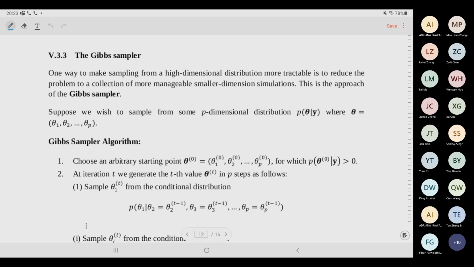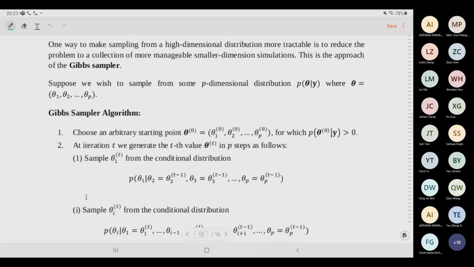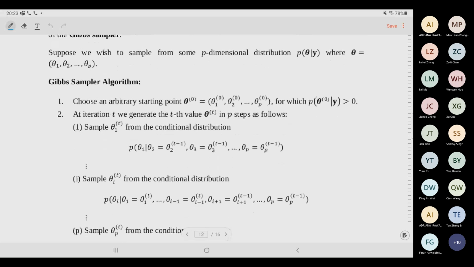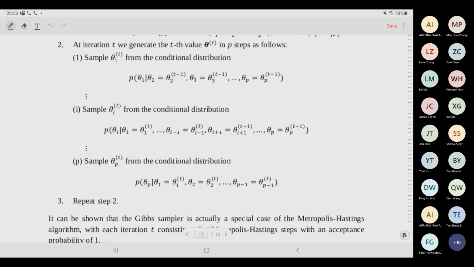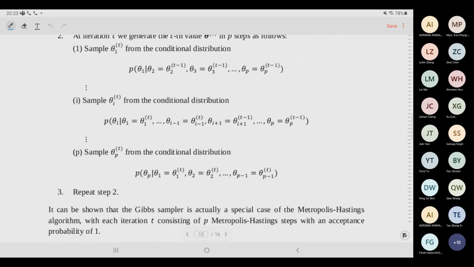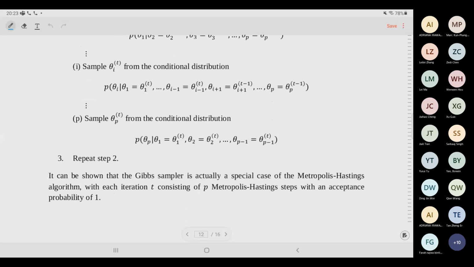Okay, so if we have p dimensions, meaning that theta is theta 1 to theta p, we want to sample from theta with p parameters, theta 1 to theta p. Okay, so we have a starting point at 0. What the notation here means is that the Gibbs sampler is actually a special case of the Metropolis-Hastings setting where in each iteration, and this is the important part,